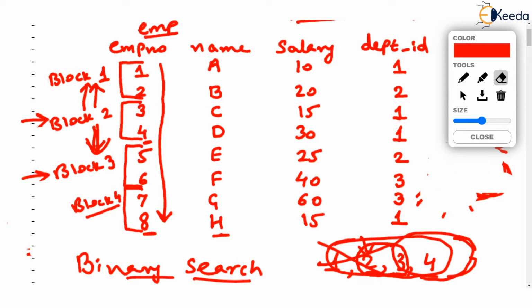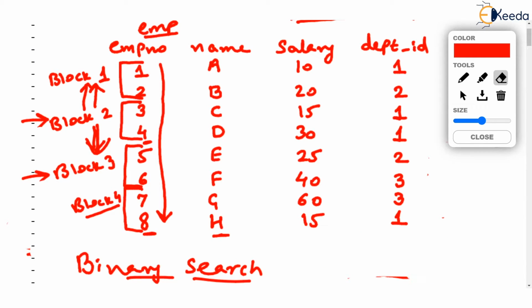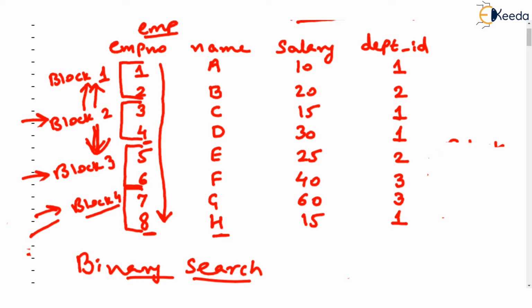So that block has to be read, obviously, isn't it? The only block that is now pending, block 4, is taken into the RAM. And this block has 7 and 8, and here is 8, the record found. First, the block was taken into RAM. Please try to understand. Then the record was found, and then it was displayed. So the point here is, are we searching the file record by record? No. We are searching the file block by block.